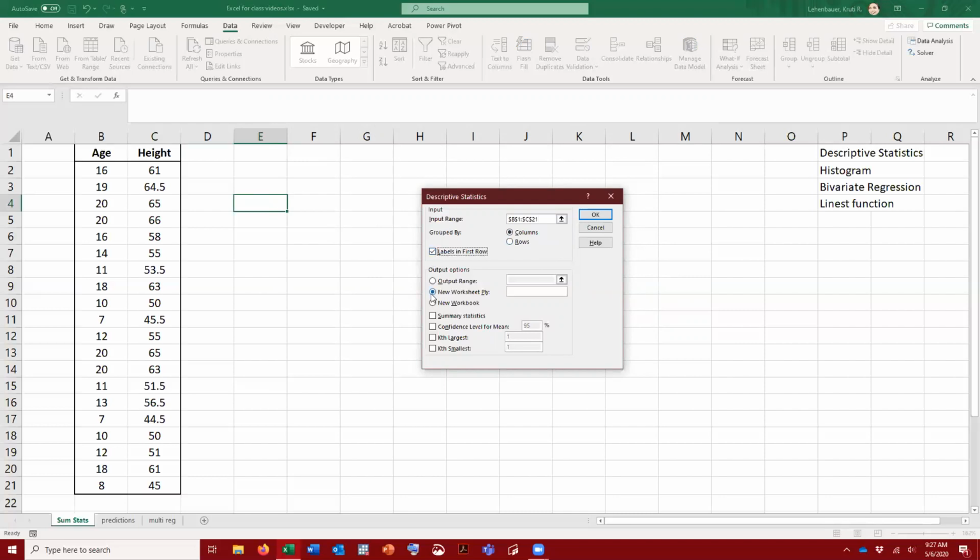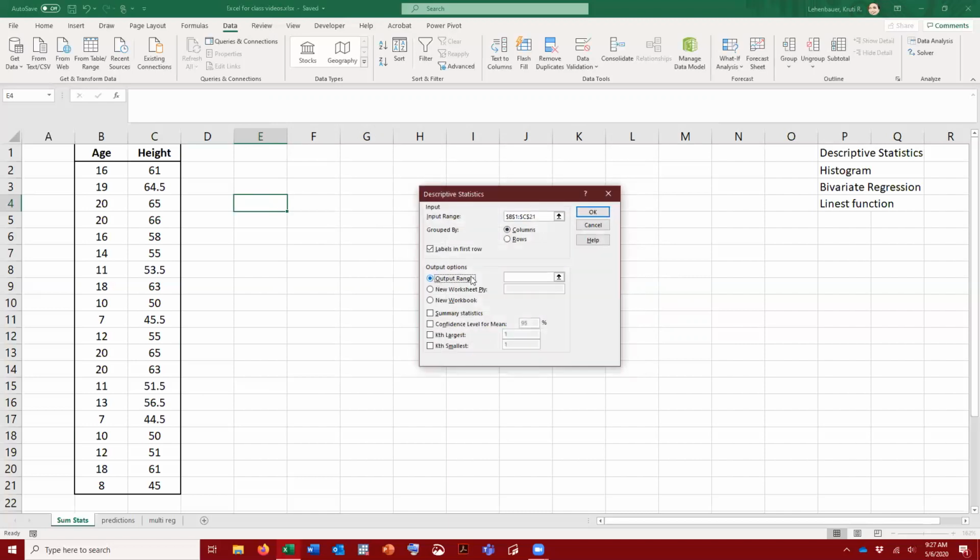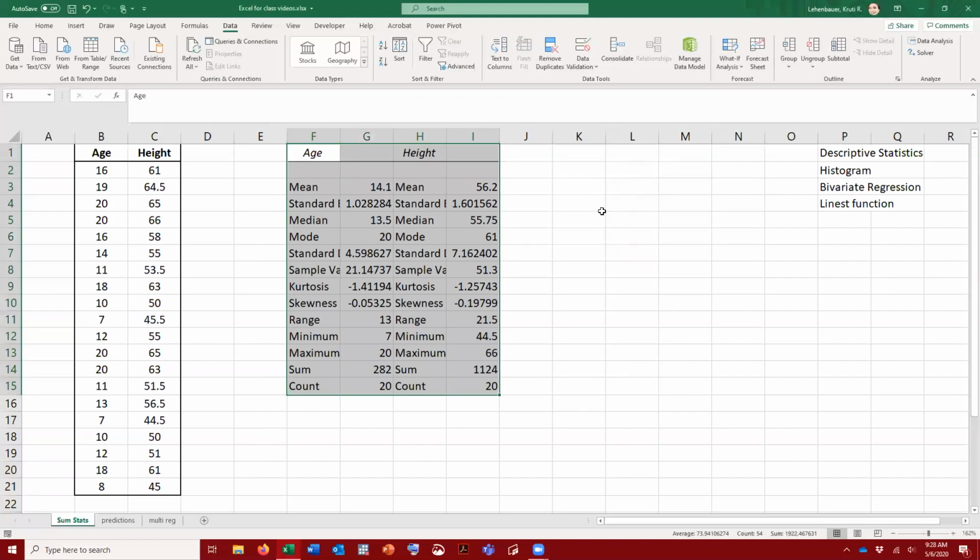You have a choice to get the output in a new worksheet, but I personally like to see my output right next to my data. So I usually will click on the output range option, click here, and all you need to do is to pick a cell, one cell, where you want the output to start. And then you click on the summary statistics. That makes sure that you get detailed summary statistics for your data. So now we click OK, and we can see that